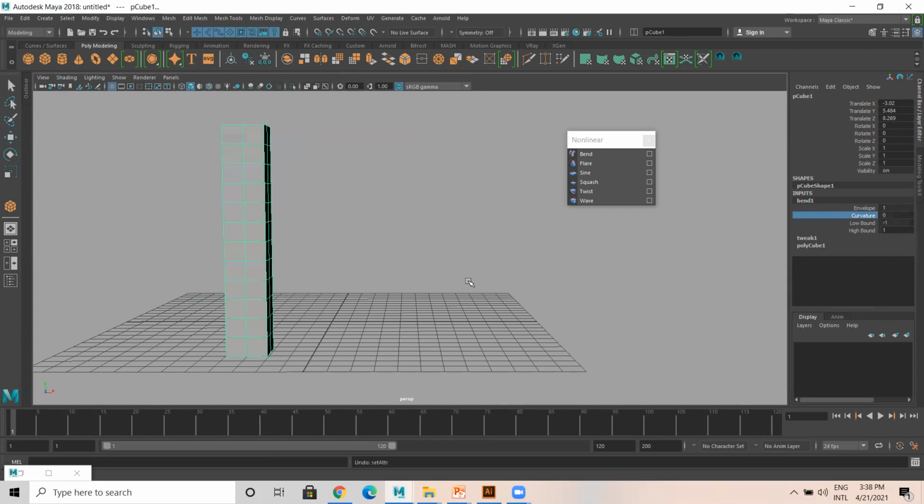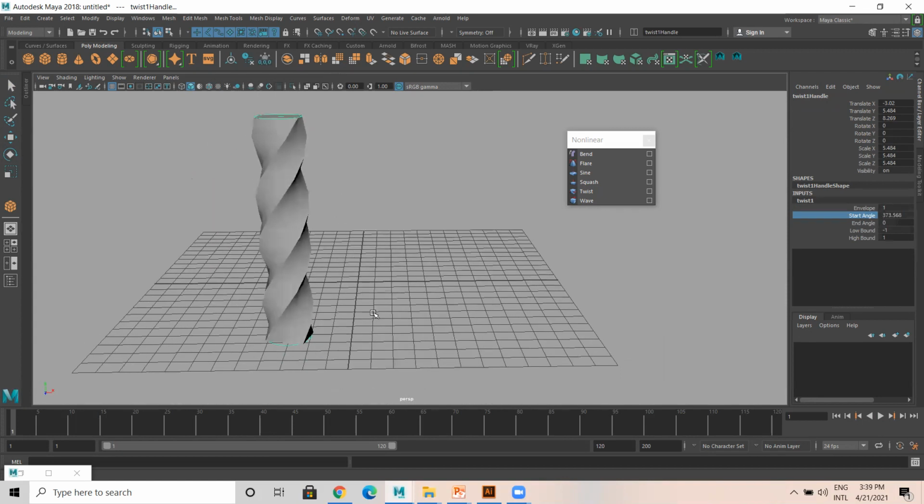Okay. Then you can take twist, start angle, end angle. So you can make it something like this. You can create this kind of nuts and all will come, no? Nut, bolt, screws, like screws you can make. Like different sorts of modelings, okay?